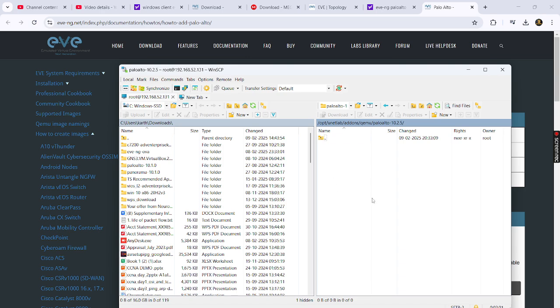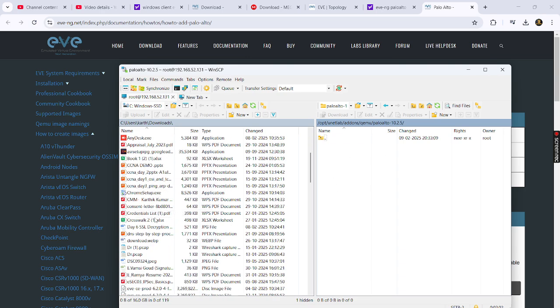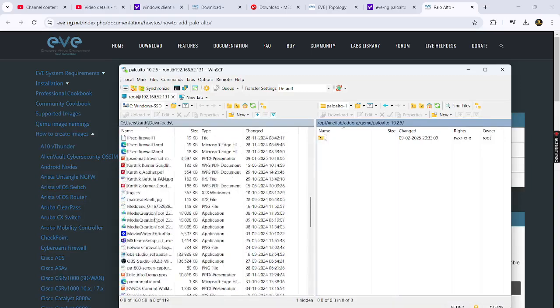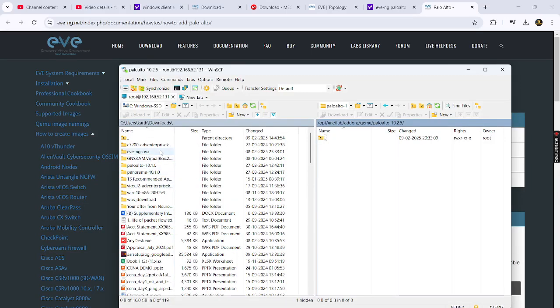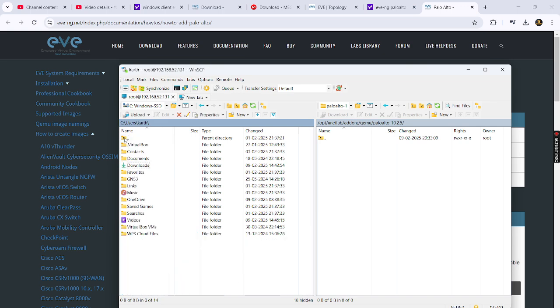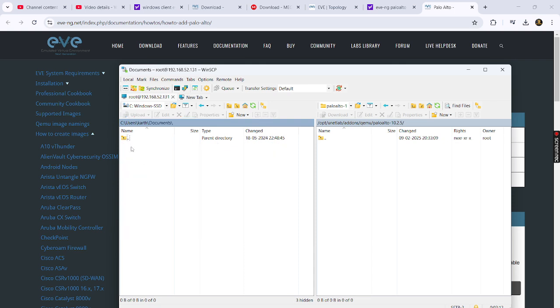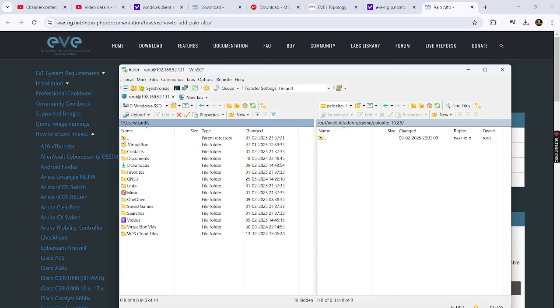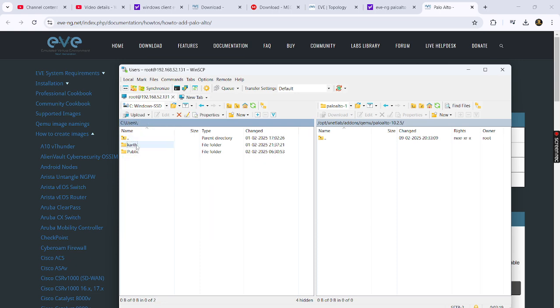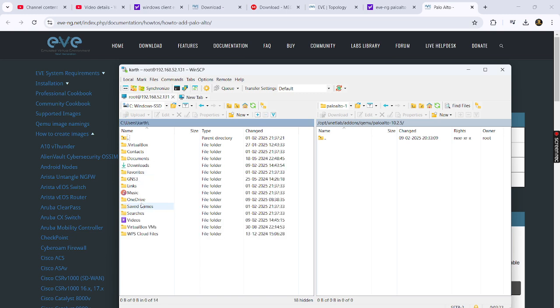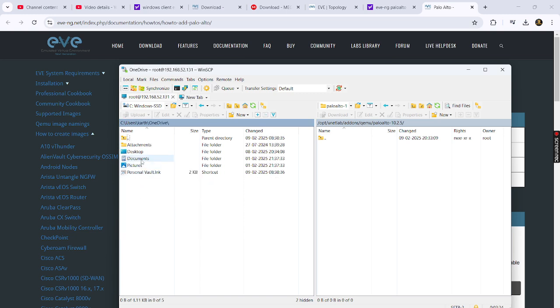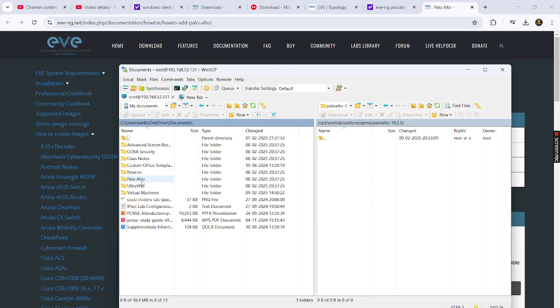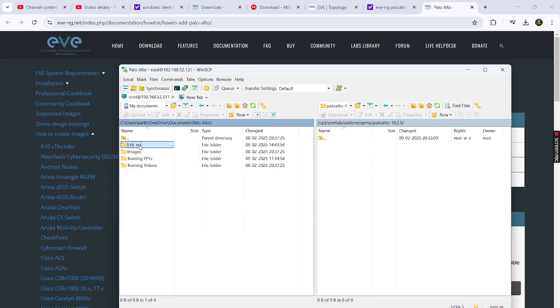Now we have to add the image. Go ahead on your local machine, and I have stored it in the documents. The documents in OneDrive, not this documents: Documents, Palo Alto, EVE-NG.